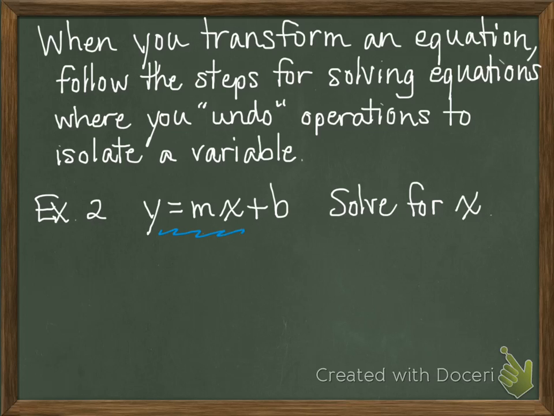But what if I wanted to rearrange it? What if I wanted it to be solved for x? If I want to solve it for x, then I have to move everything away from the x. And I move the parts of the equation by undoing them one at a time. So in this case, I would undo or move things away from the x as follows. I'm going to start by subtracting b on both sides. And when I subtract the b on both sides, I'm left with y minus b is equal to m times